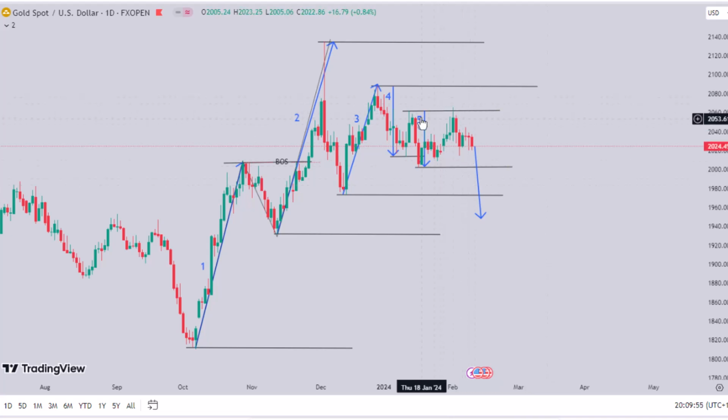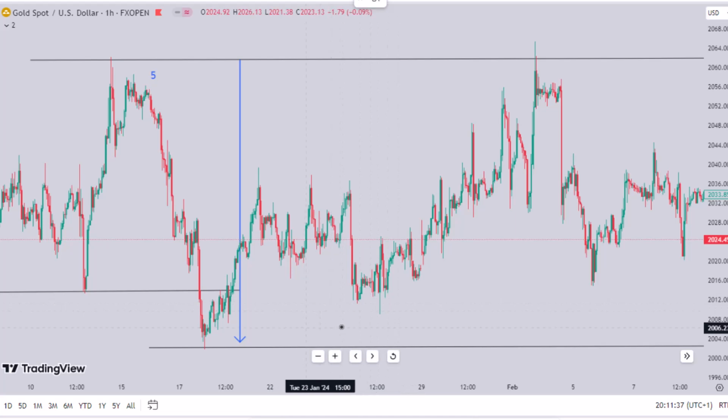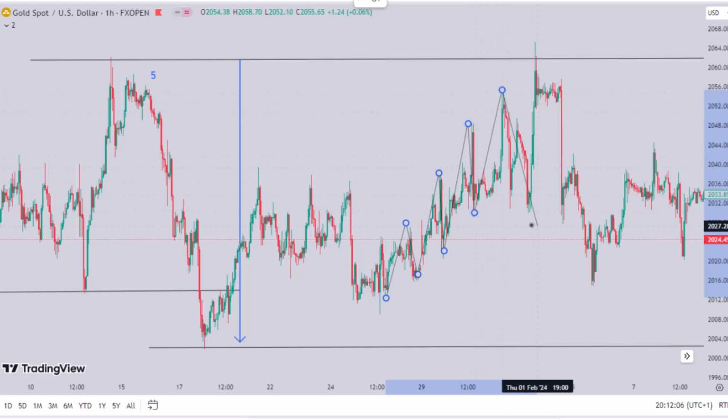And take a closer look at structural range 5. Inside this structure, if we zoom into the 1 hour time frame, as you can see, this is what we call trend in trend. In the daily time frame, we notice the bearish structure of the market. But in the 1 hour time frame, we have a bullish structure as price was creating a series of higher highs, higher lows, higher highs, higher lows, until price finally breaks to the downside. You see, right here,